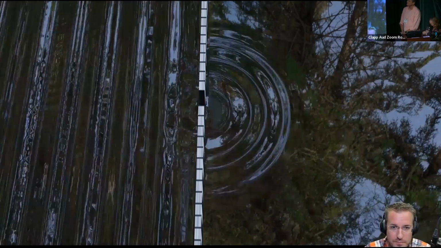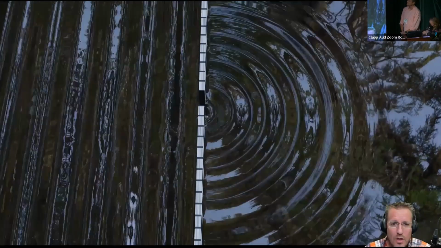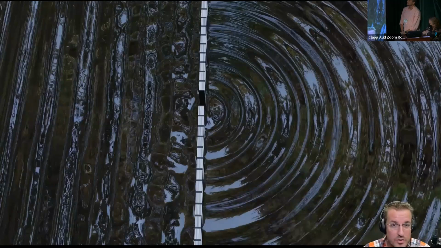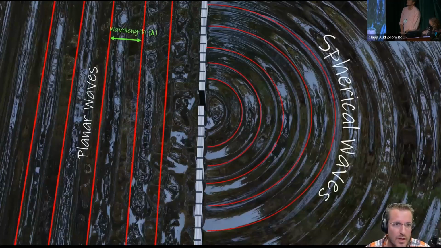Now, we need to stop here and have a short conversation about the terminology as it refers to the geometry of the waves that we're dealing with here. So if you consider the waves coming from the left side of your screen, which are incident upon the wall, we're going to refer to those as plane waves or planar waves. Now, in this case, in the simulation, we're dealing with monochromatic waves, so we could assign a distinct wavelength to it. But as the waves move through, or energy moves through this aperture, we'll refer to those as spherical waves